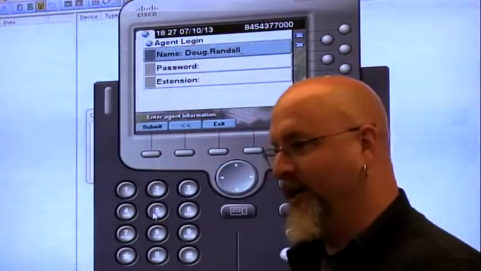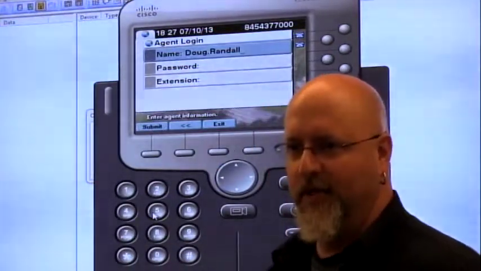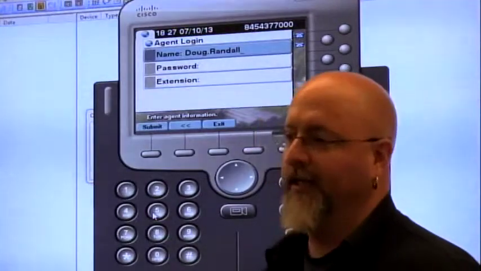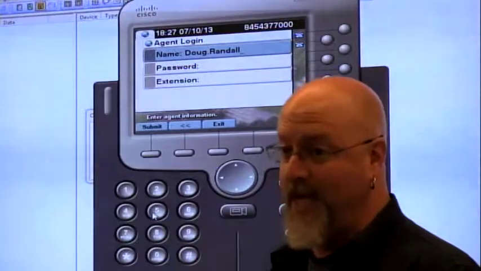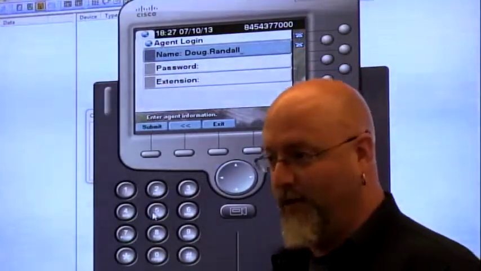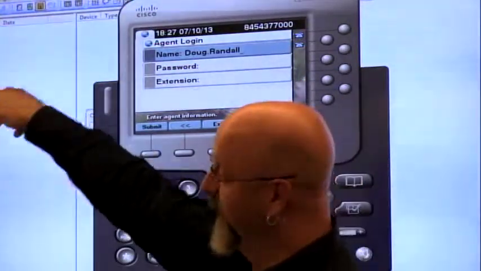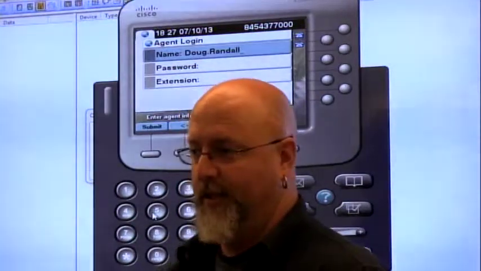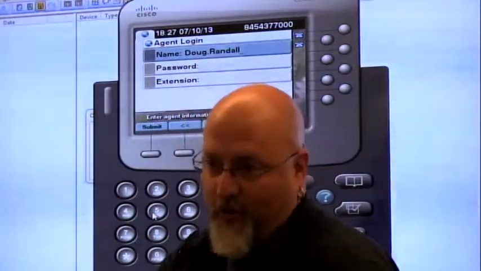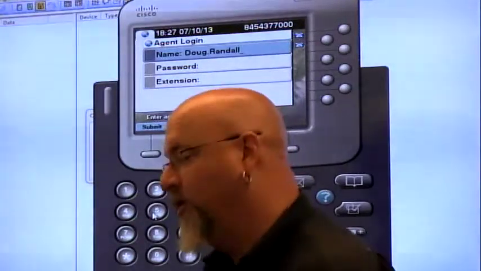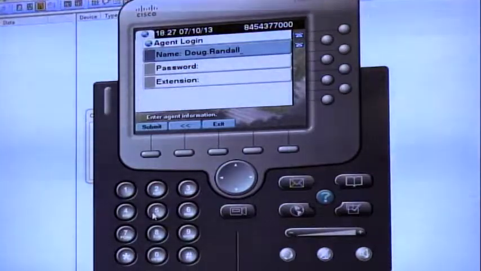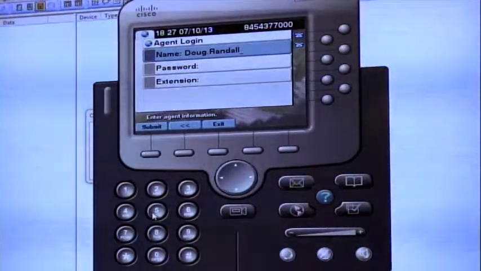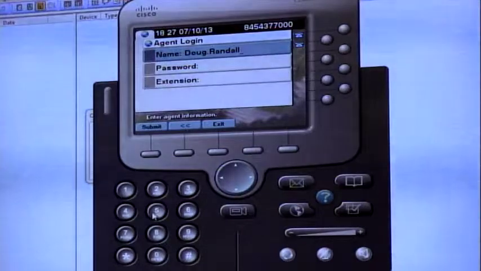This is why you're going to want to use your phone to log in as much as possible, for those of you that are using the phone only to log in. The terms that you're going to hear, phone only agent or IPPA, which is IP phone agent, meaning that you're not using this software that I'll show you just now. It's not bad as long as you're on your phone. And what I don't know, because we haven't had a conversation with the supervisors yet, is the terms of your functionality in the call